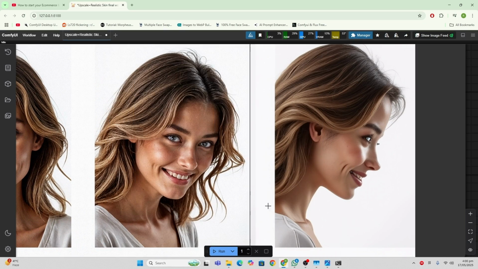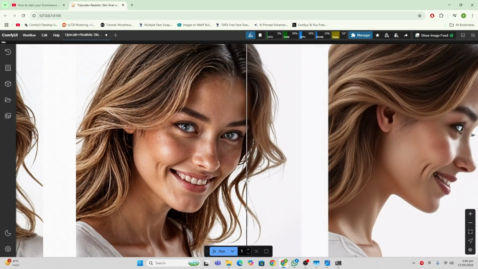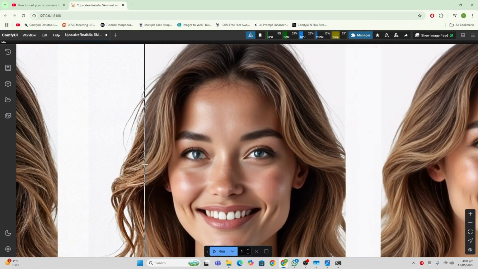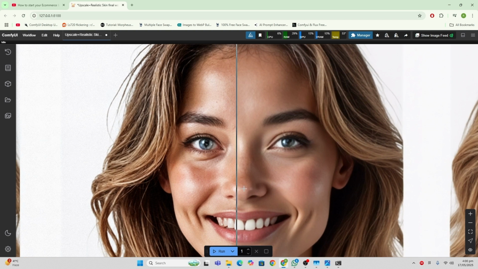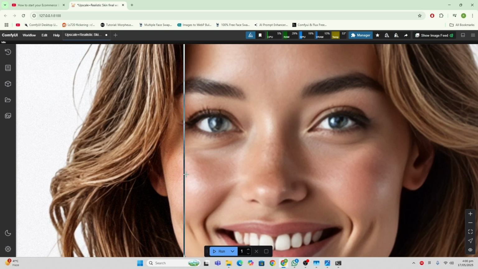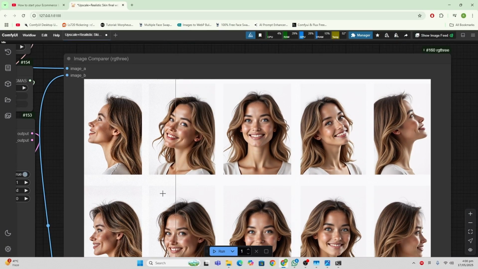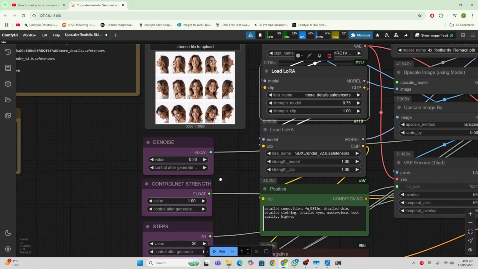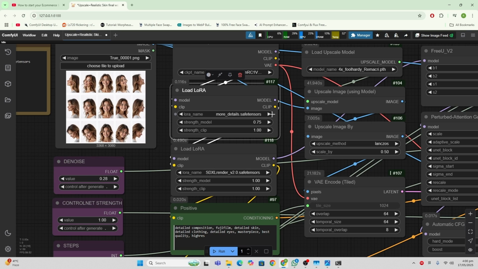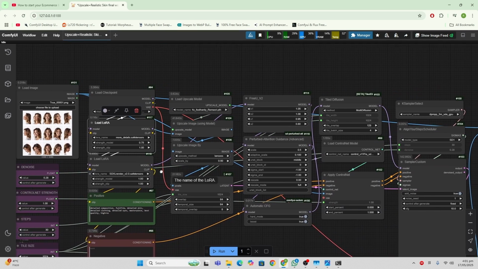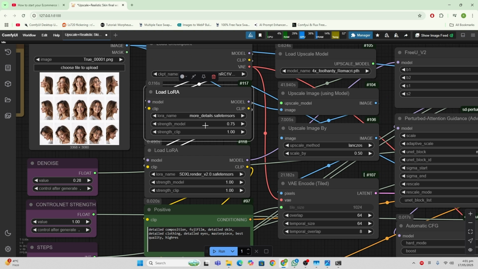Yeah, of course, these kinds of images you can ignore if you don't want to use them. Okay, if you see carefully, it's barely changing anything, right? It's just adding more things, more naturalism to it. But if you still find it a little too much, these settings that I did, 0.28 denoise, this detail to 0.75 and this to 1, this setting is good and works the majority of the time. But if you still want minimal changes, you can even drop it or you can disable this. This is up to you.